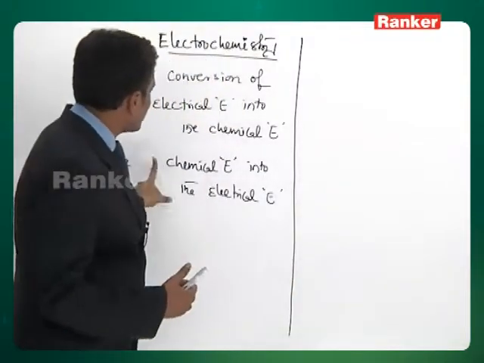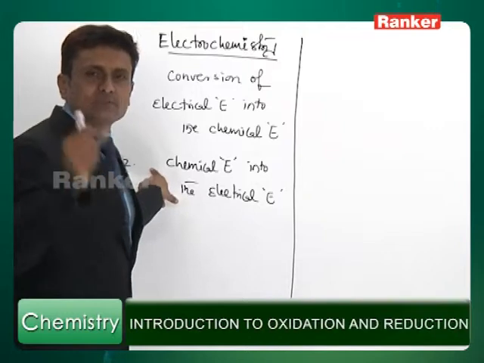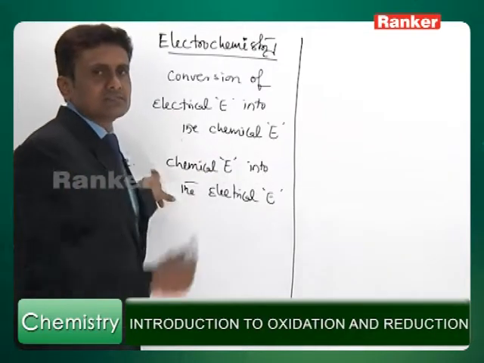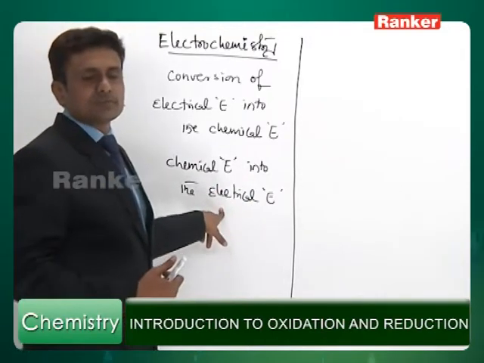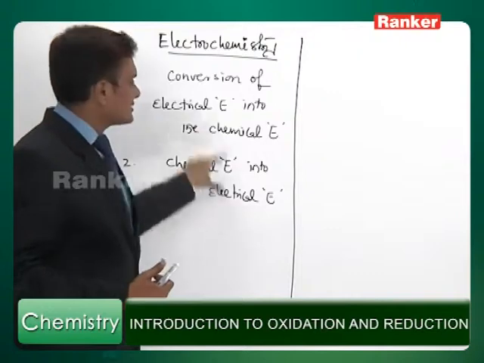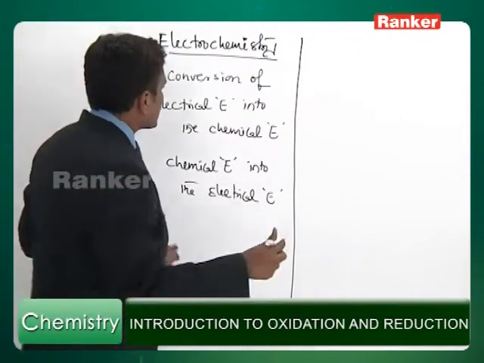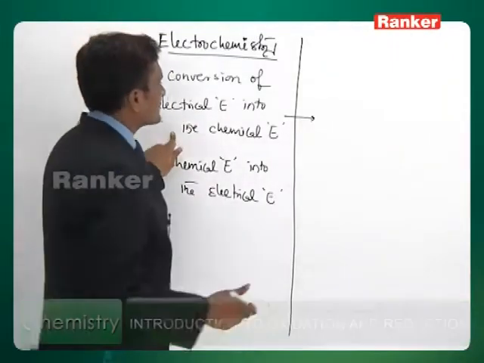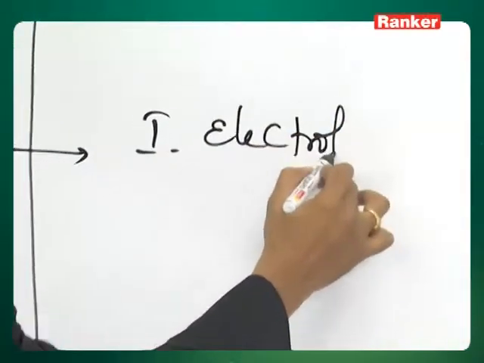The second point is the conversion of chemical energy. I mean, if you carry out any spontaneous reaction, you are aware that energy will be released, and that energy you will be using to produce electricity. So this way we have classified the chapter electrochemistry, and the process where you convert electrical energy into chemical energy is called electrolysis,